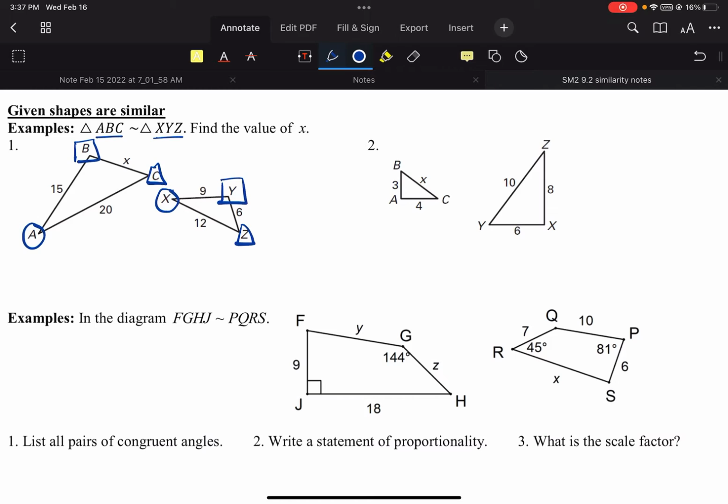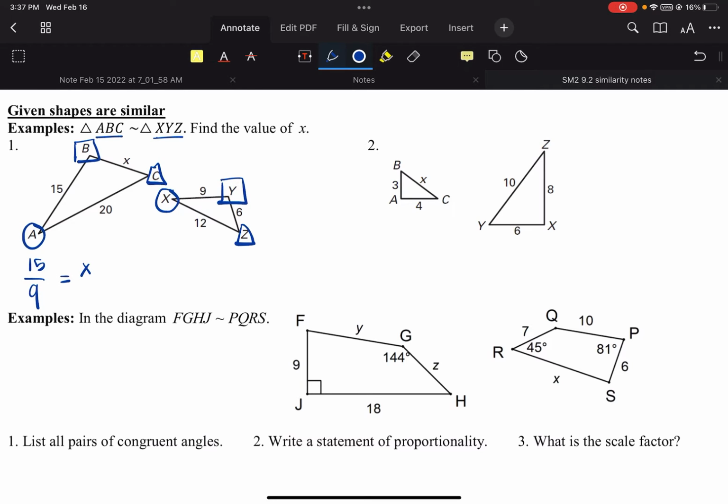Now we want to find what x is. One thing we know about similar triangles is that your angles are all going to be congruent and that corresponding sides are proportional. So let's write out a statement of proportionality here. Side length AB is 15, and that's proportional to the side length over here, 9, the side connecting the X and the Y. I put these little circles and squares so that it might be easier to see the corresponding sides. The A and the B have a circle and the square, and the X and the Y have a circle and the square. So 15 over 9 has to equal x, which is the B and the C,